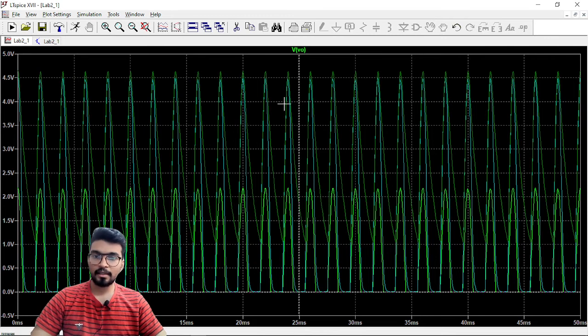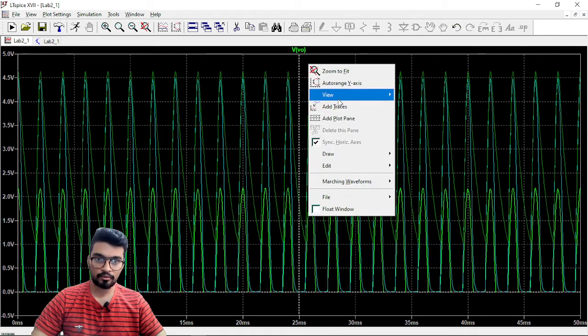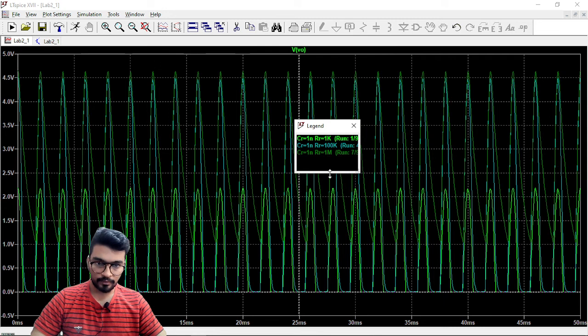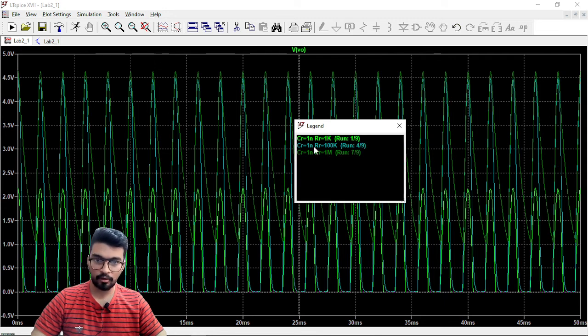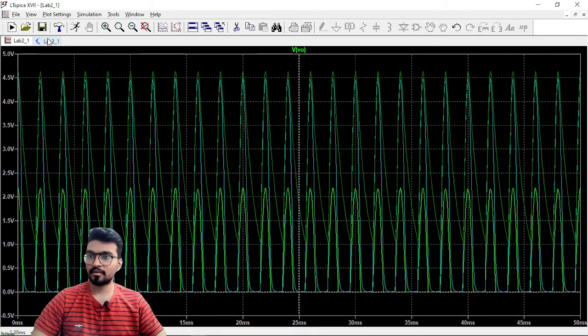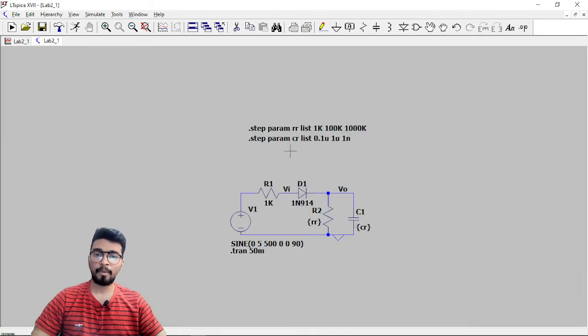Now let's say you want to see view and step legend. So there are 3 colors: green, dark green, and the sky blue one. So for that you are getting these values: 1 nanofarad 1k, 1 nanofarad 100k, 1 nanofarad 1 mega ohm. So different variations you are getting at the output. Okay, so this was the intention behind this step param.